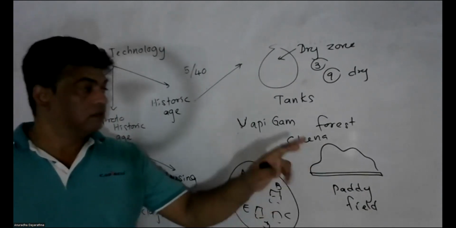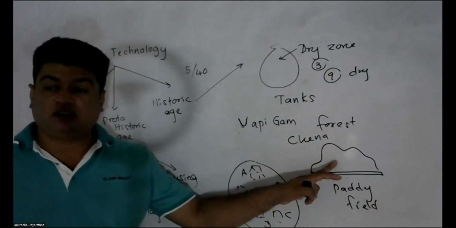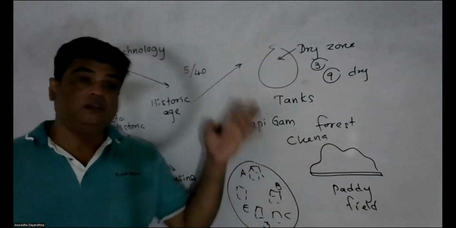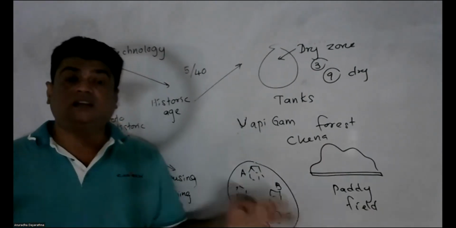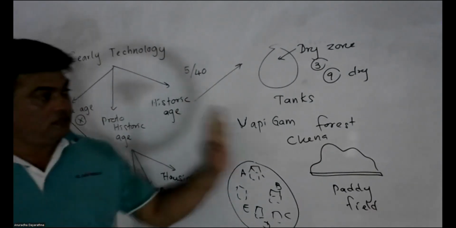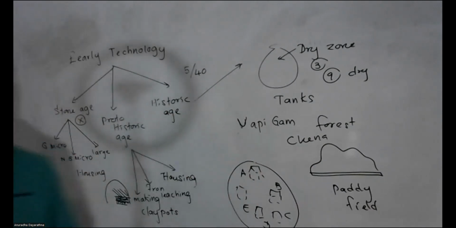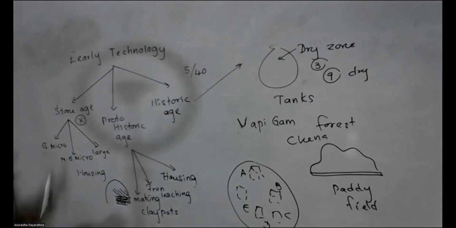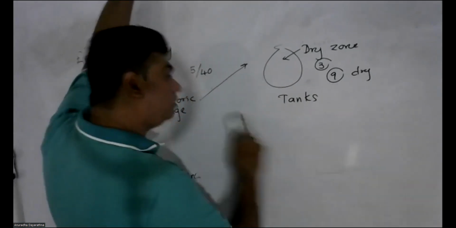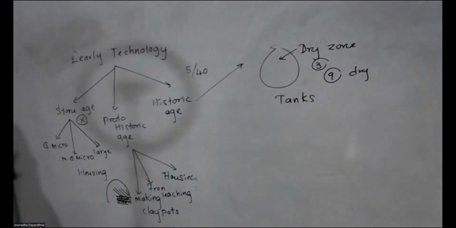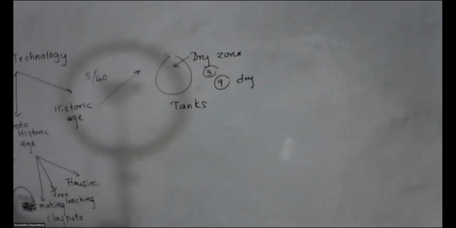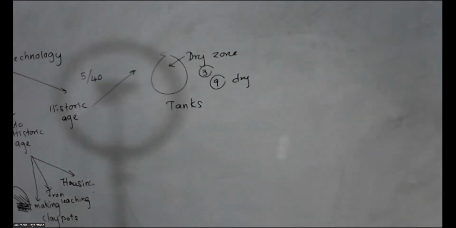But these small tanks were not enough for villagers to get water when they were doing agricultural activities on a large scale. So when doing agricultural activities on a large scale, they had to construct very large tanks. That is what we are going to discuss here: how they constructed very large tanks. Even kings constructed tanks, and they had some objectives in constructing them. So what are the objectives?